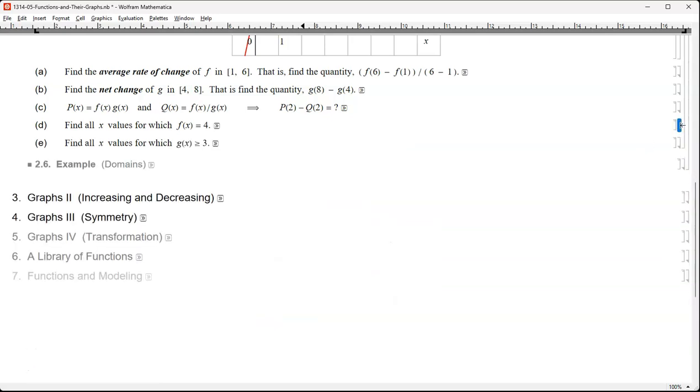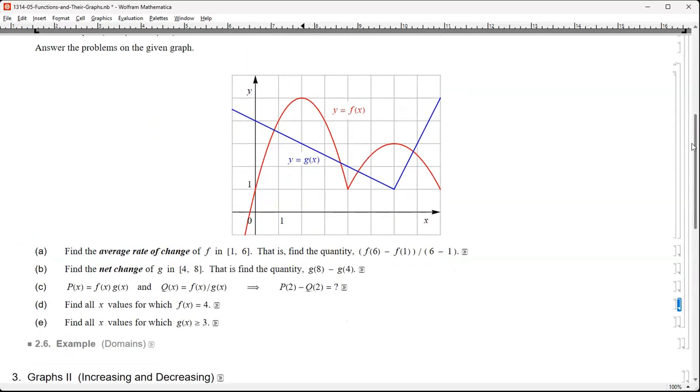Okay, finally, find all x values such that g of x is greater than or equal to 3. g of x is greater than or equal to 3. The y-coordinate is greater than or equal to 3. 1, 2, 3 is here, so we are looking at this horizontal line. So 1, 2, 3, this horizontal line. Am I right? 1, 2, 3, yeah, here. And that's